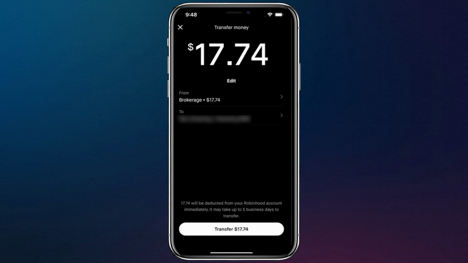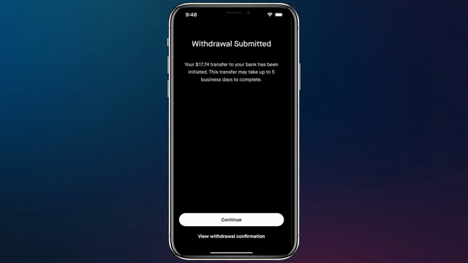Enter the amounts you wish to transfer, and double-check all the details to make sure everything is correct. Tap Review to confirm the transaction. Once you confirm, Robinhood will immediately deduct the money from your account. Although the deduction is instant, the actual transfer to your bank account may take up to 5 business days to